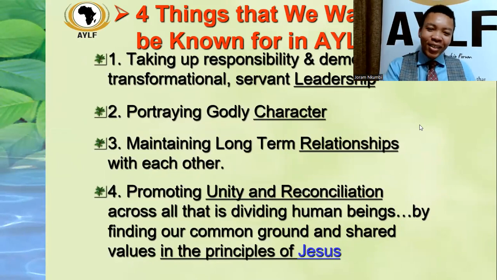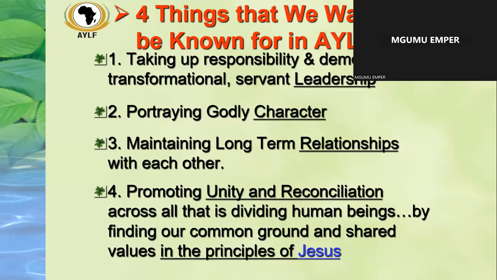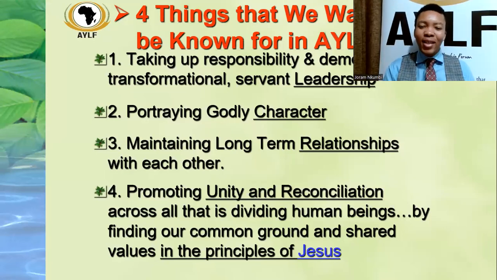So my dear friends, as I'm summarizing and winding it up, these are the 4 pillars that we champion at Africa Youth Leadership Forum: taking up responsibilities and demonstrating servant and transformational leadership. We do not have enough transformative and servant leaders in this part of the world. That's why you see there are a lot of challenges, corruption, conflict, and also unemployment. Unemployment is like a monster to the young people today. You graduate from the university, yet you can't find a job, or you can't even employ yourself.